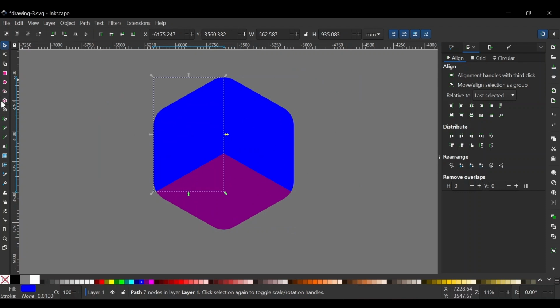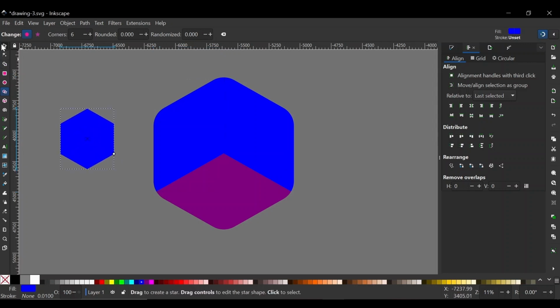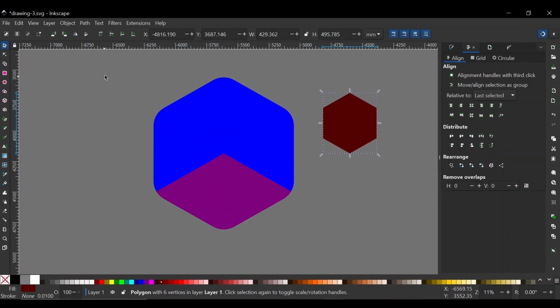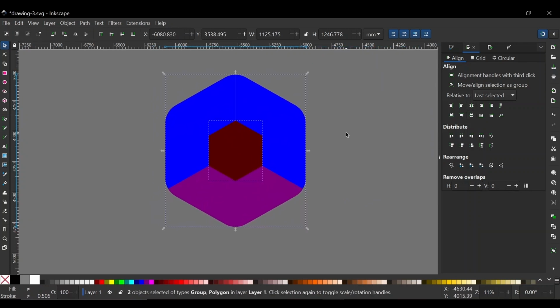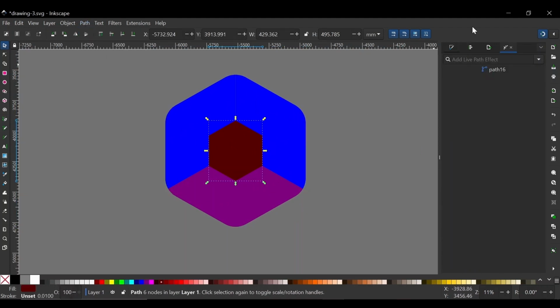The next thing we want to do is come back over to the polygons tool and make another polygon with the same settings, but make this way smaller. So we need this to be much smaller. That size is pretty good. And I'm just going to select all of these objects, all 3 of these, press Ctrl G, duplicate them, hold shift, click on this object, center them on the vertical as well as the horizontal axis. And what I'll do is I'll come over to Path, click on Object to Path,